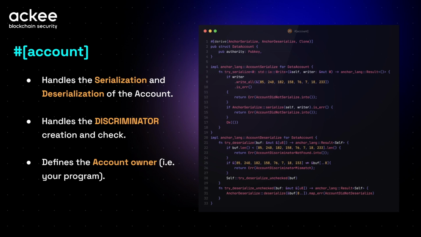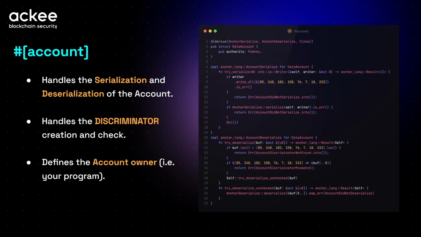For the account discriminator, it is important because this discriminator ensures that each type of data account your program has has a unique discriminator.